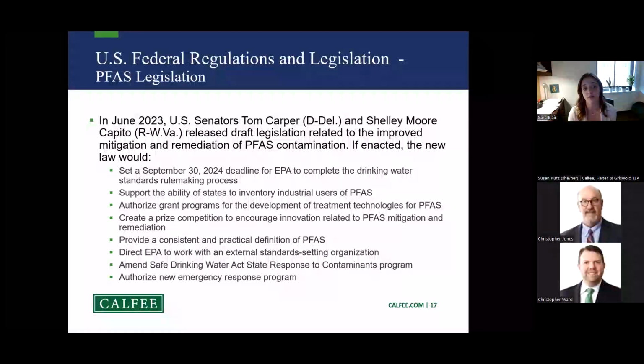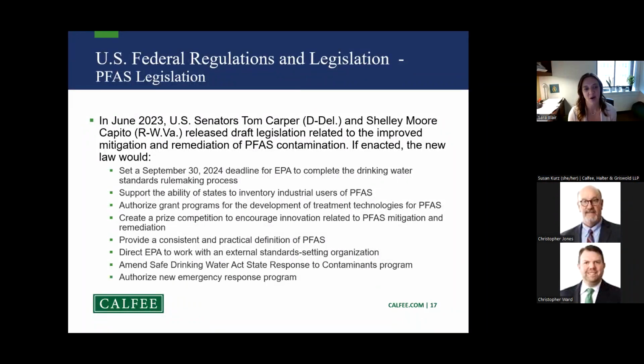It is also intended to help bolster the understanding of beneficial uses of PFAS in commerce, and directs the EPA to create a clearinghouse of state and private sector best practices to support informed decision-making on chemicals. And EPA will also be directed to work with external standard-setting organizations to supplement their work on PFAS standards, including for detection, reduction, remediation. Lastly, with respect to addressing community challenges related to PFAS, the draft legislation includes provisions that